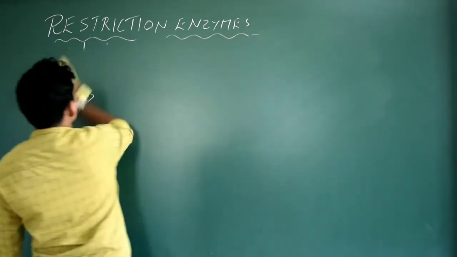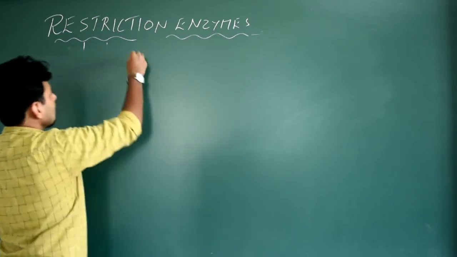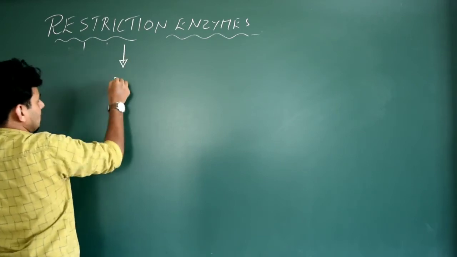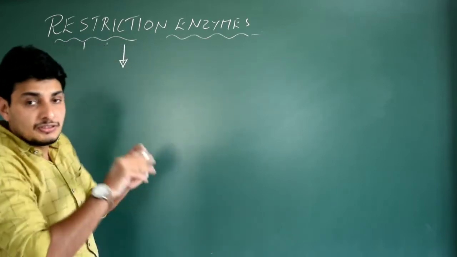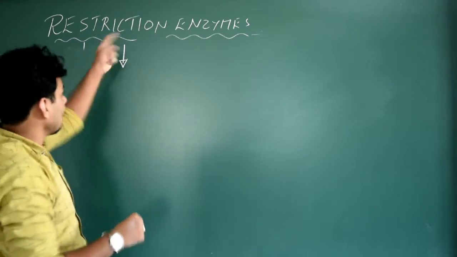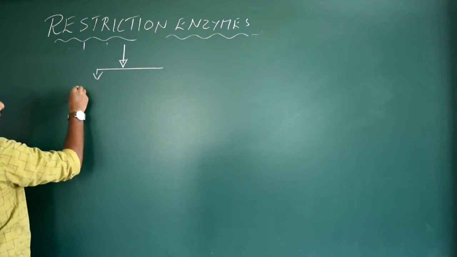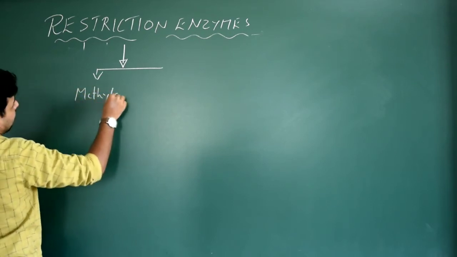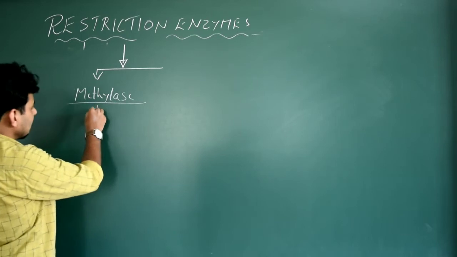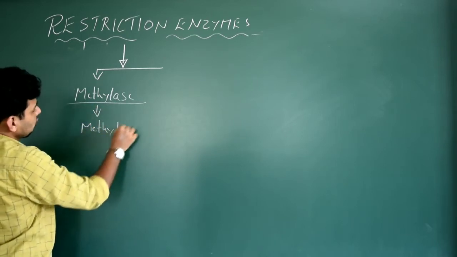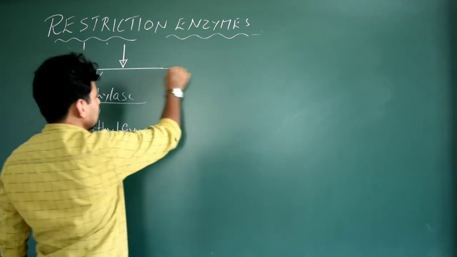Now we continue with the restriction enzymes itself. In restriction enzymes there are two types. It was found after 1963. Because of the research work, the scientists found that there are two types of restriction enzymes, RE. The first type is, let me just write here, methylase restriction enzymes. Methylase enzymes. What is the function of this methylase enzyme? They add methyl groups to the DNA. I will explain it later. Okay, the second type is